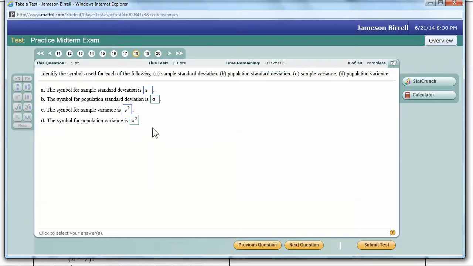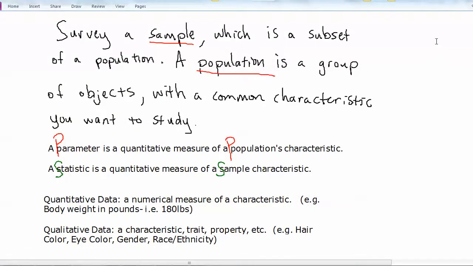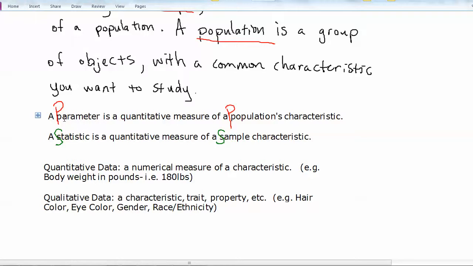One more thing I'll say about this, actually. Let me go to an old page I have from a prior semester. So here are some old notes. And I think these are actually posted under the homework lecture notes in the Piazza resources page, the class page resources. And they're also, for sure, in the PowerPoints, and they're in the reading. But there's a nice alliteration tool: when you're talking about parameters, you're describing population characteristics, and when you're talking about statistics, you're describing sample characteristics. So let me go ahead and highlight here then